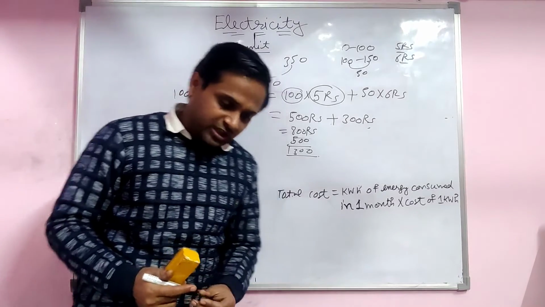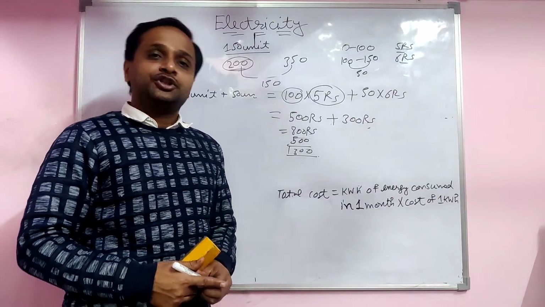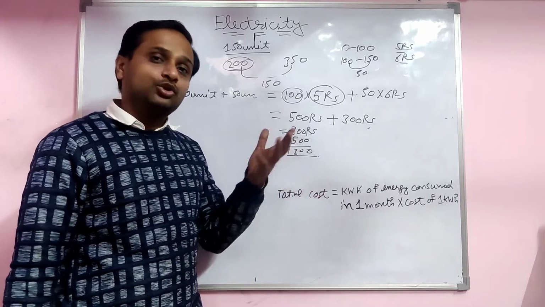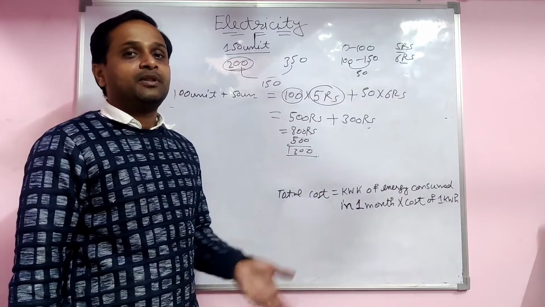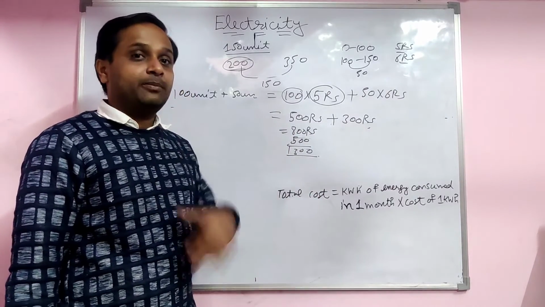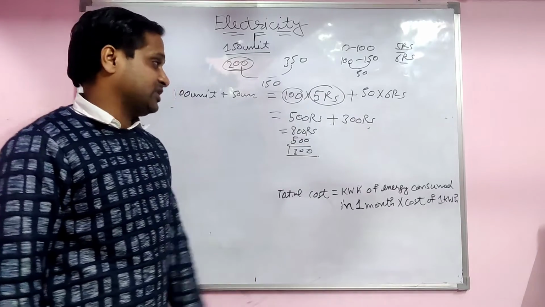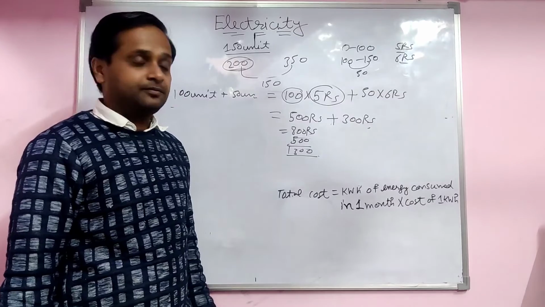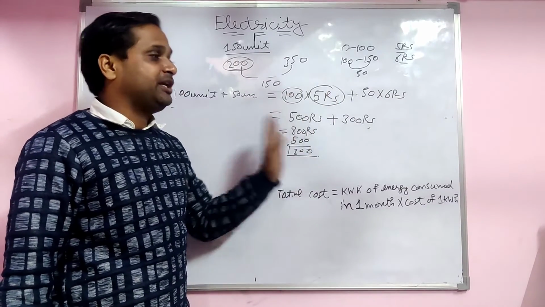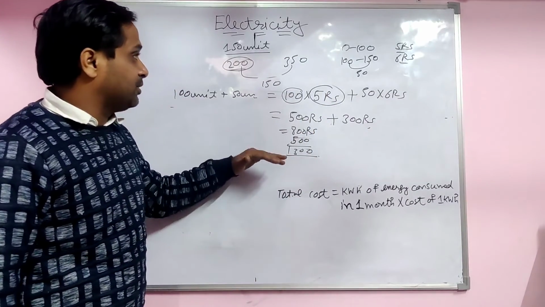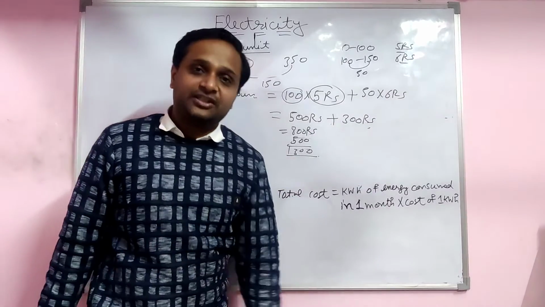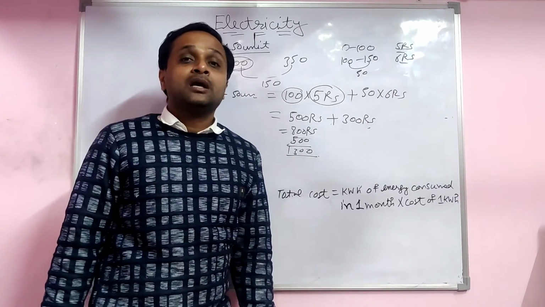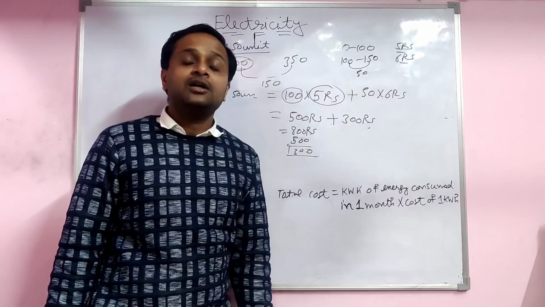So the total bill you are able to count very easily. Student, you have to do this activity at home. If you have the bill at home, please try to count if the bill is okay or not. Sometimes it comes more. Take care about this. Calculation is very easy, students, according to the units only. So this is my topic. In the next lecture we will discuss two types of circuit, series and parallel.